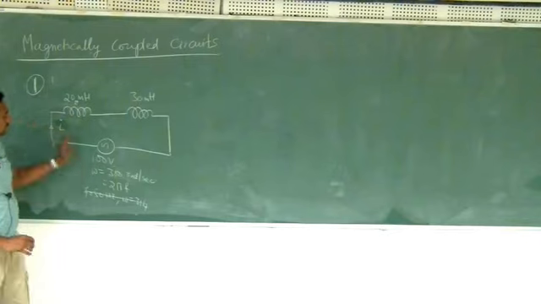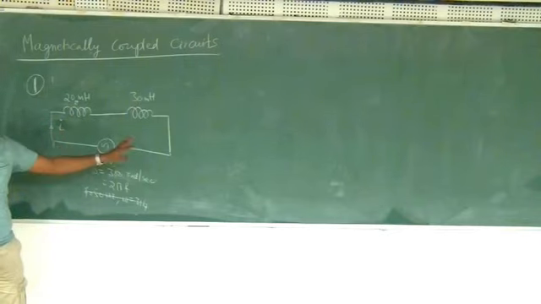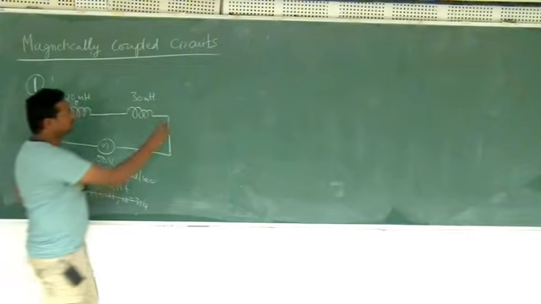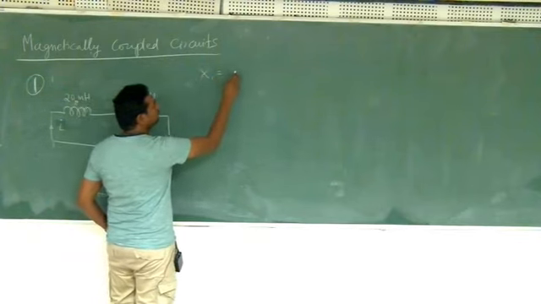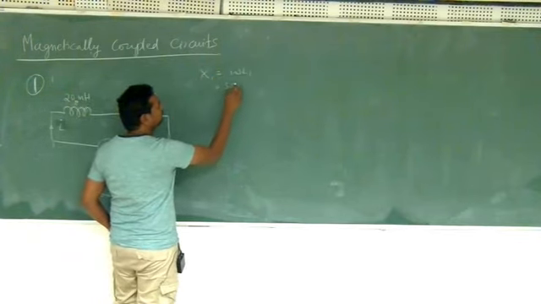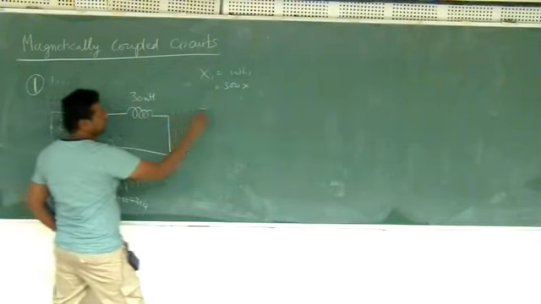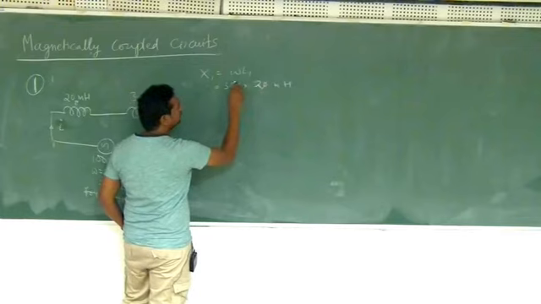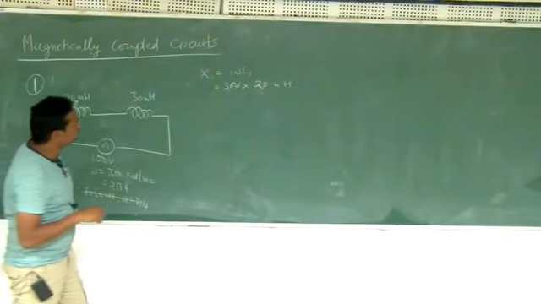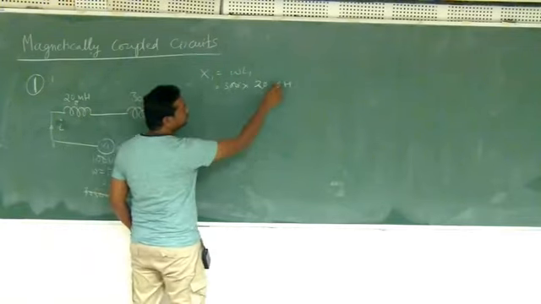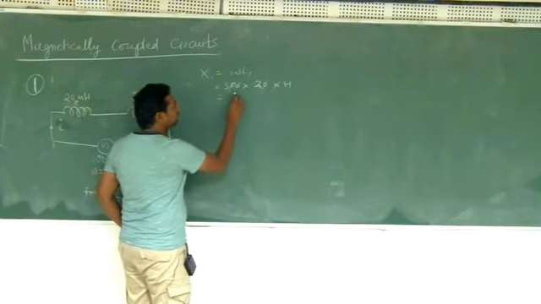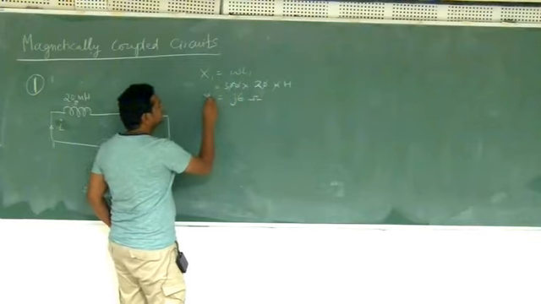So what is the first step? How do you find how much is the current in the circuit? First, this is inductance. Convert the inductance into reactance. So X1 is nothing but omega into L1. So 300 into 20 millihenry. The zeros are cancelled, and 3 into 2 with the milli. Milli is 10 power minus 3, so it will get cancelled. So it is j6 ohms. So this is X1.